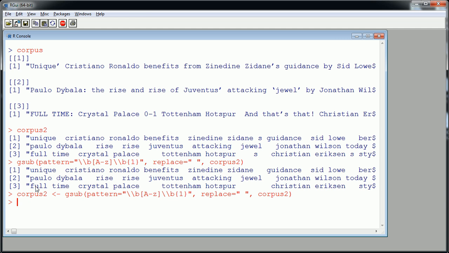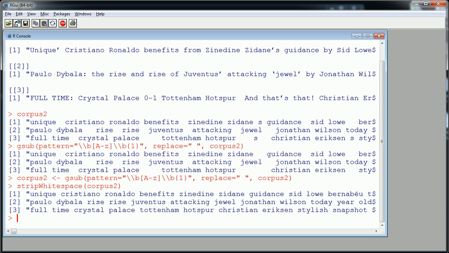And now, well, maybe one last thing we could do here, although you can spend much more time and be more meticulous about cleaning up your text. Let's get rid of white space. So there is a function called strip white space, and you just need to apply it to Corpus 2, and it will get rid of the white space. You could see it in action here. Okay, so I would call this a fairly clean